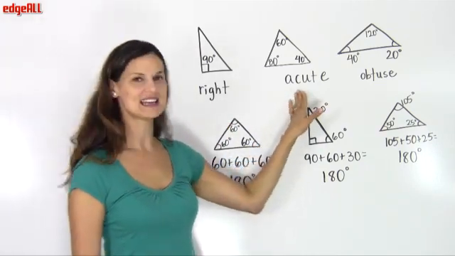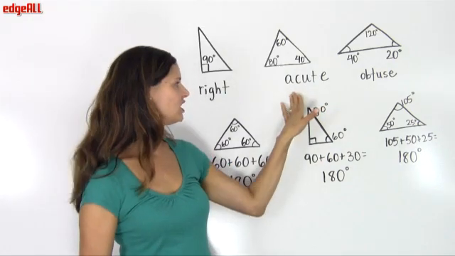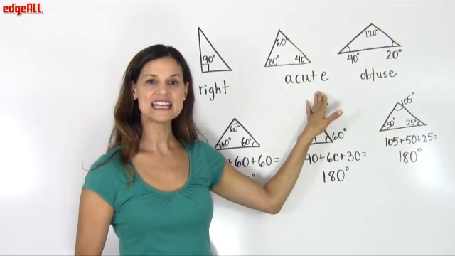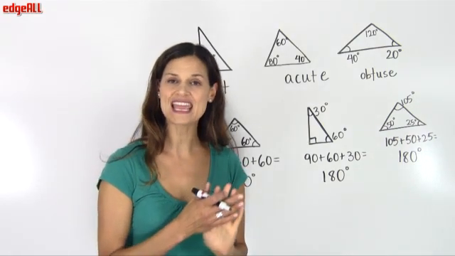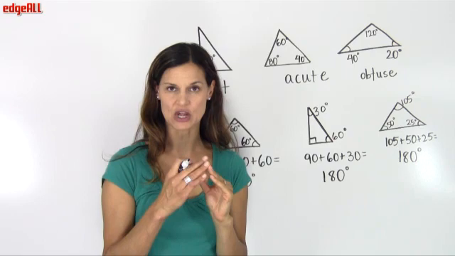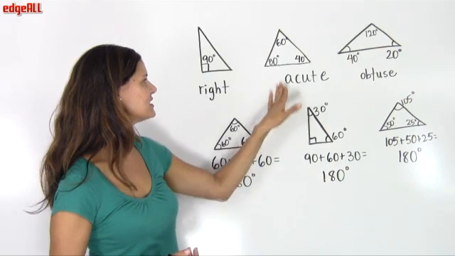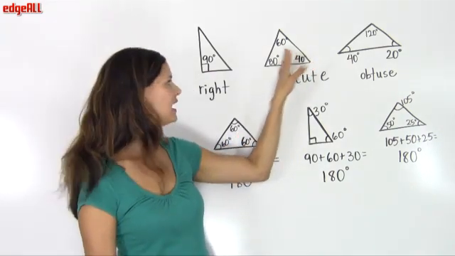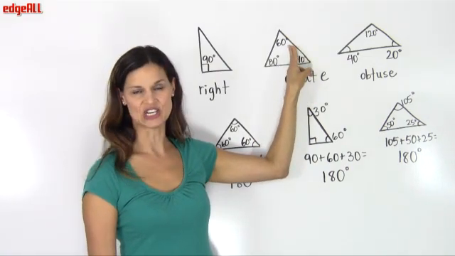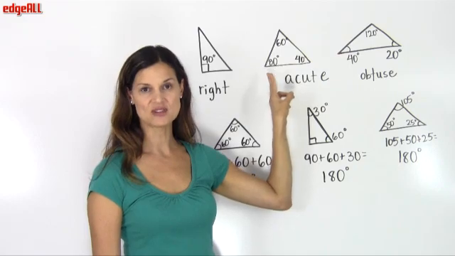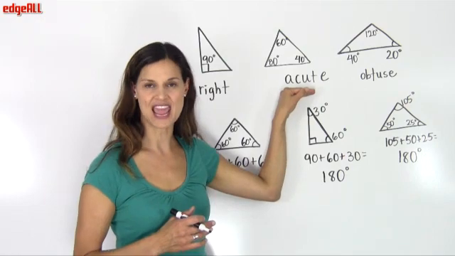The second kind of triangle that we have in this category relating to the angles is called an acute triangle. In an acute triangle, all three angles inside of the triangle are less than 90 degrees in their angle measurement. So this is an example of an acute triangle because the angle measurements are 80 degrees, 40 degrees, and 60 degrees. And so all three of those angles are less than 90, making this what we call an acute angle